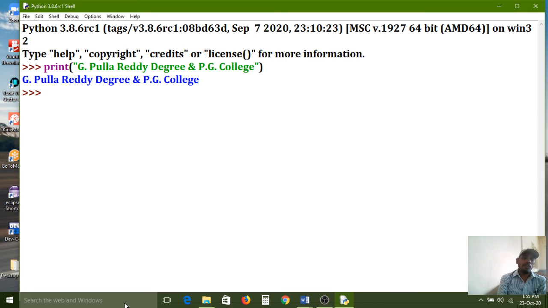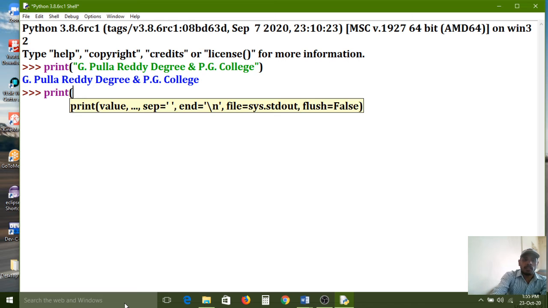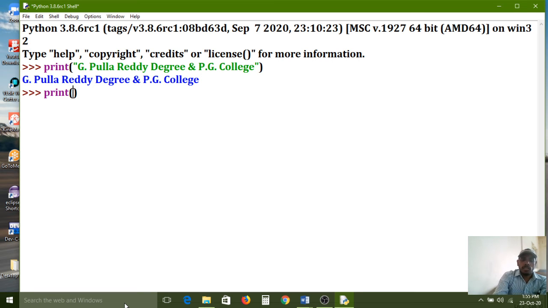If in our program you want to print anything, we compulsorily need to use the print function. And the print function also has some rules and restrictions. It can execute in different ways too.